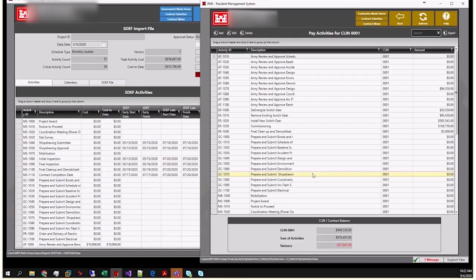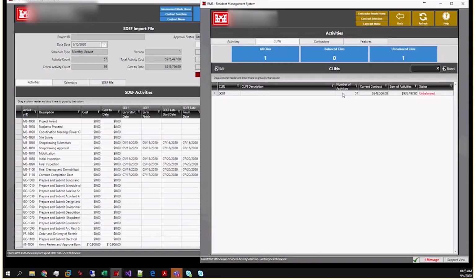I've got the activities I tried to import, but the activities don't have enough money. So the CLIN amount does not balance with the activity amount. The contractor can't change those CLIN amounts. So the contractor is going to be stuck at this point. The contractor is going to call up the government and tell them, hey, I can't assign these activities to the